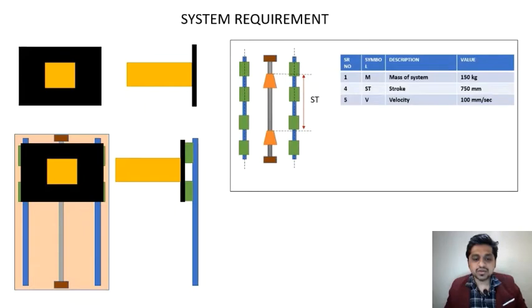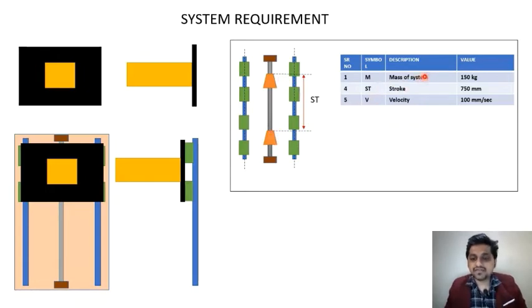Here you can see the system. This is our ball screw, and don't get confused, these are two different positions. There are two LM rails and four blocks, and our system is mounted like this. This is the ball nut and this is the ball screw. Our system is attached to the nut and the screw is driven by the electric motor. This is our first position, this is our stroke, and our body will move downward to this position and then upward again.